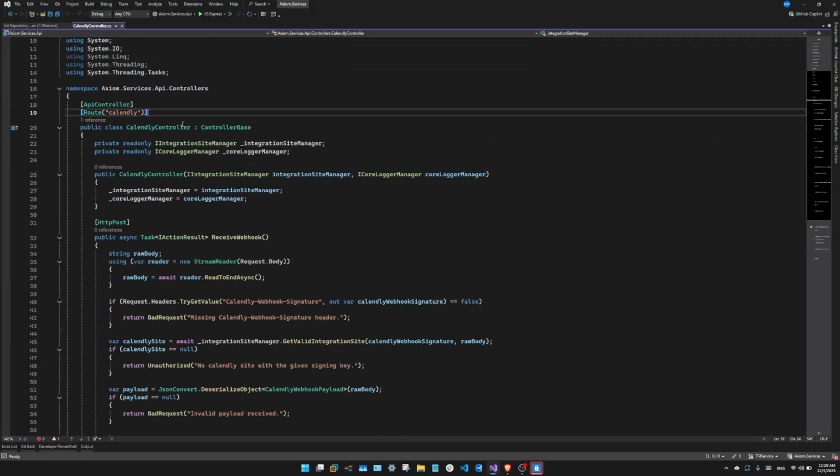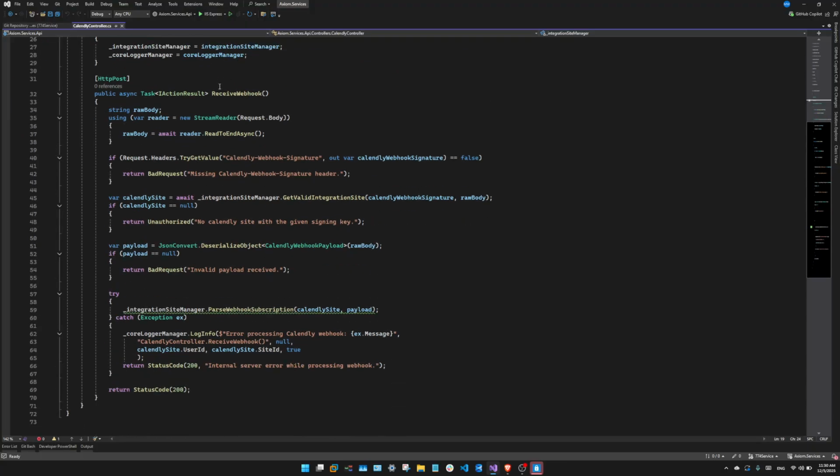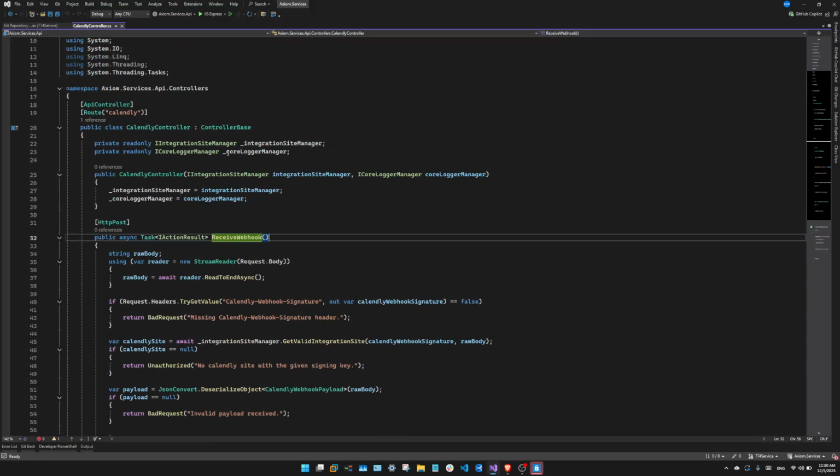So first, we have here the route, and when setting up your app configuration with the Calendly API, you can specify the endpoint that you want Calendly to send notifications to. So this is part of the route. It will just tell the Calendly API to send notifications to this method. All right. So from here,